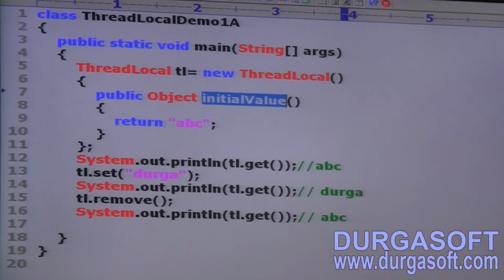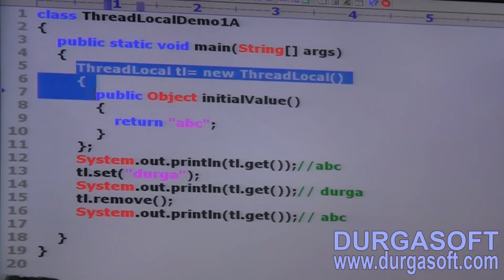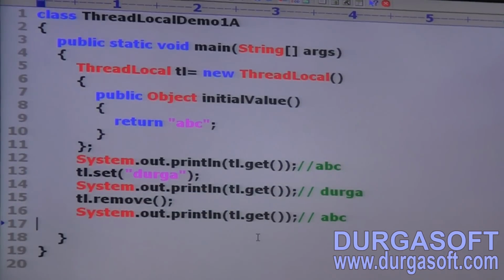ThreadLocal tl is equal to new ThreadLocal. Completed, I hope.